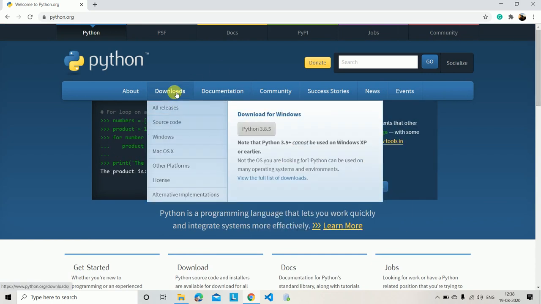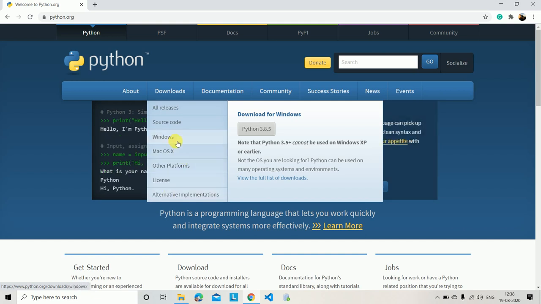See, on my laptop it is already downloaded, so I am not going to download the software now, but I will instruct you how to download. This gives us all the releases, from the starting onwards, that they have made. These are the OS options like Windows, Mac, or Ubuntu, and some other platforms.